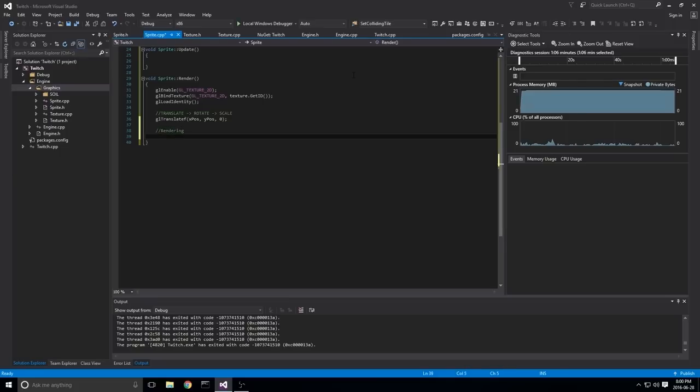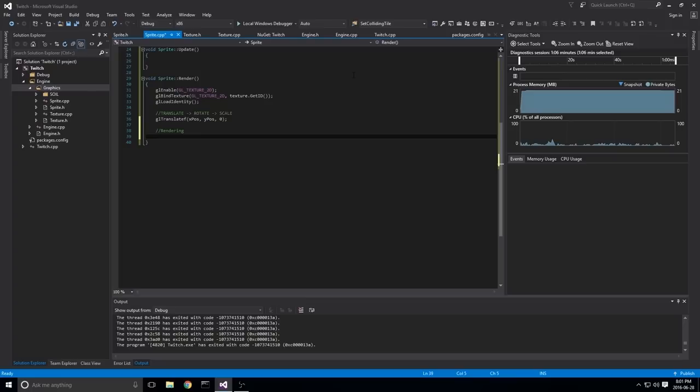And the way we're going to render is first we're going to set up a color for this sprite. Now obviously the sprite itself already has a color, right? It's whatever color the sprite has. But we can always add color to it and color it in a different way. So for example, if we had a white sprite, we could change the color here and it would be whatever color we wanted. But if we had a black sprite, it doesn't matter what color we set it to, because it's going to be black anyways, regardless of what tinting we give it. So if we just want the true asset color, we'll just set our color to white.